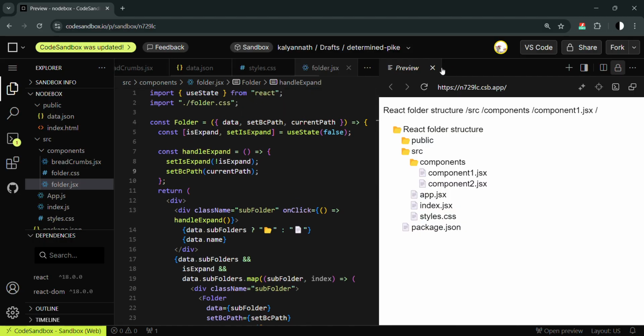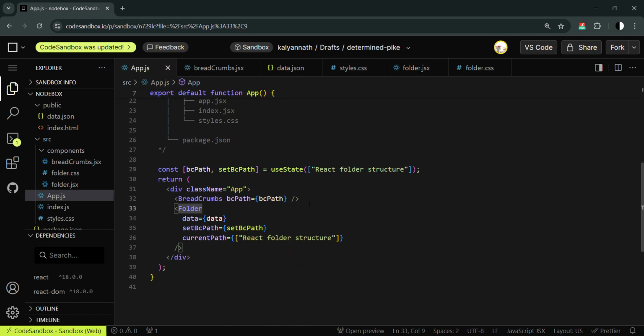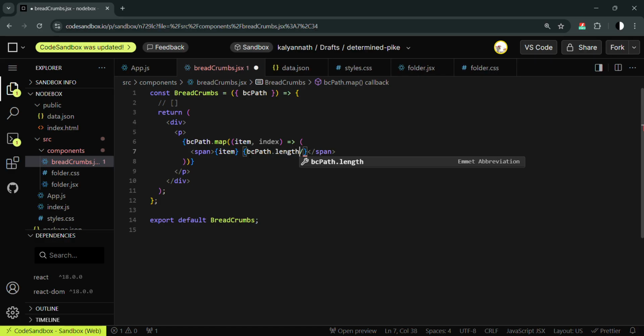So for that, where is this? Yeah, so inside breadcrumbs, we're gonna have to somehow know if we are at the end of the length, right? So this will be conditionally rendered if bc path dot, this is an array, remember, length is equal to length minus 1. Let's do minus 1 because length is always 1 greater than the last available index